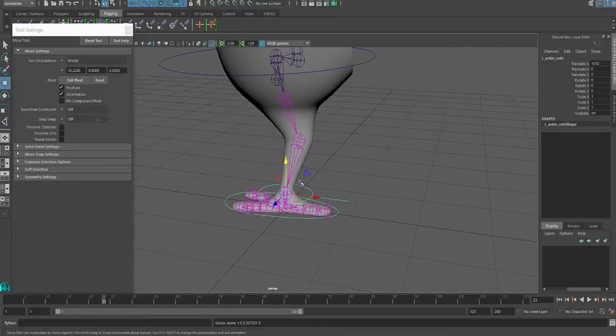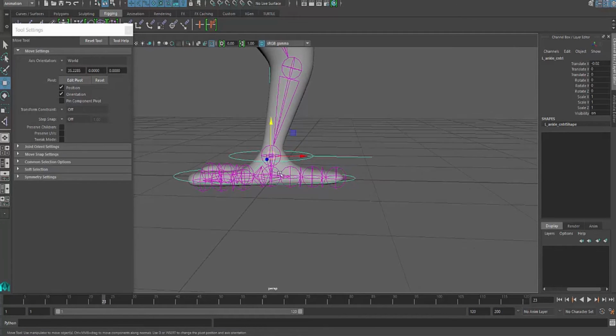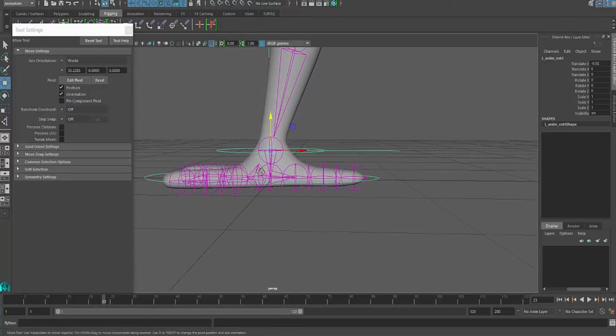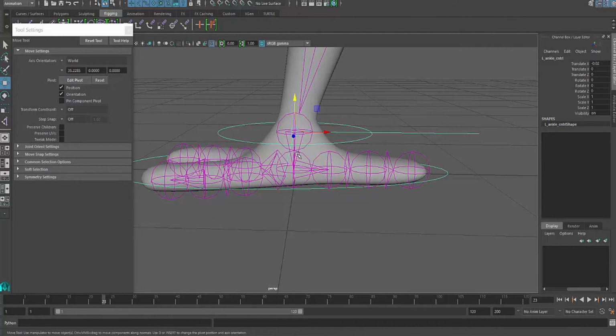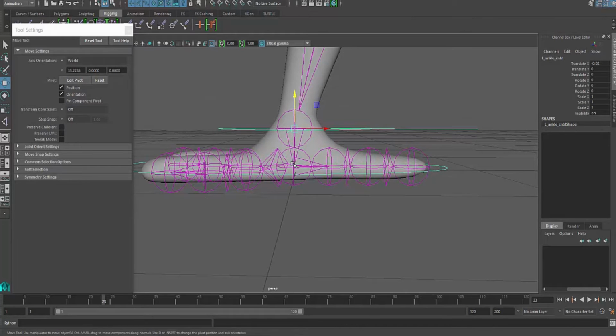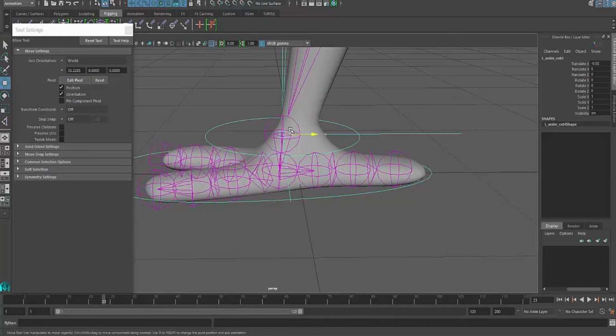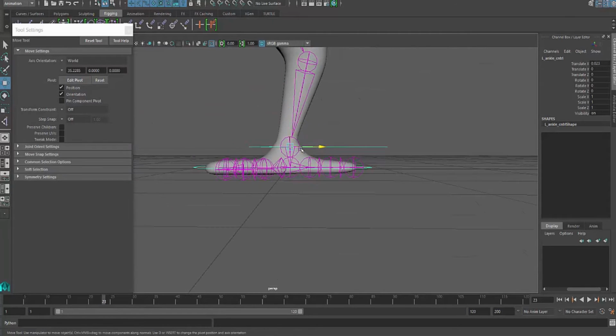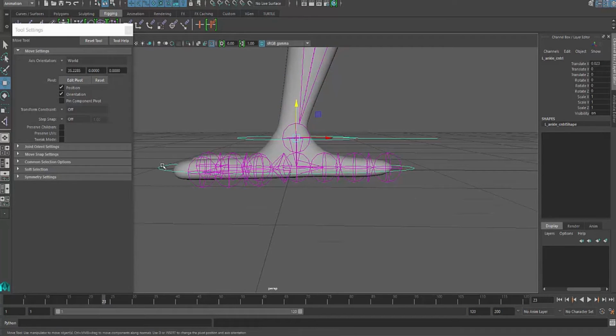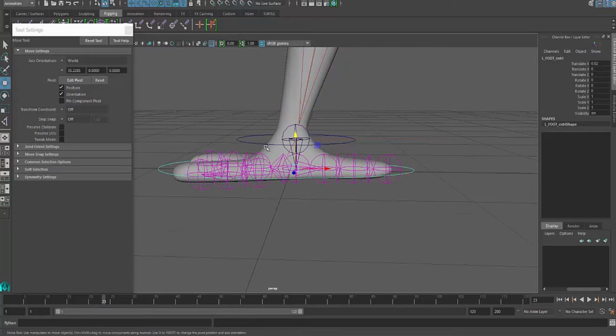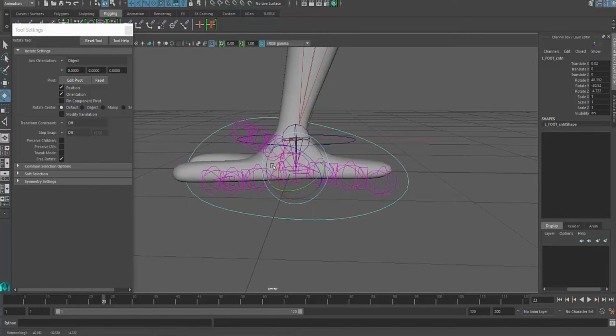I also recommend that if you're doing a bird, you set up something similar to here where you have a joint going straight down and then it goes to these other toes so you can manipulate them. What this does is it allows you to move your character's leg forward and the foot stays flat. That's what you really want, you want it to stay flat, also when you go up. And you can also set up an orient constraint to manipulate the foot by itself